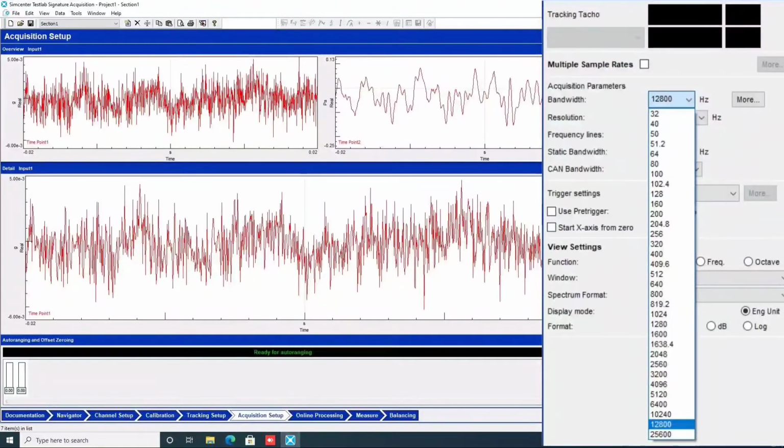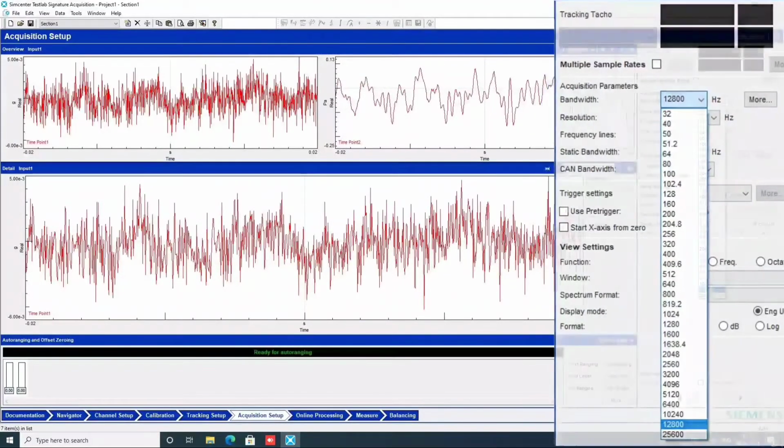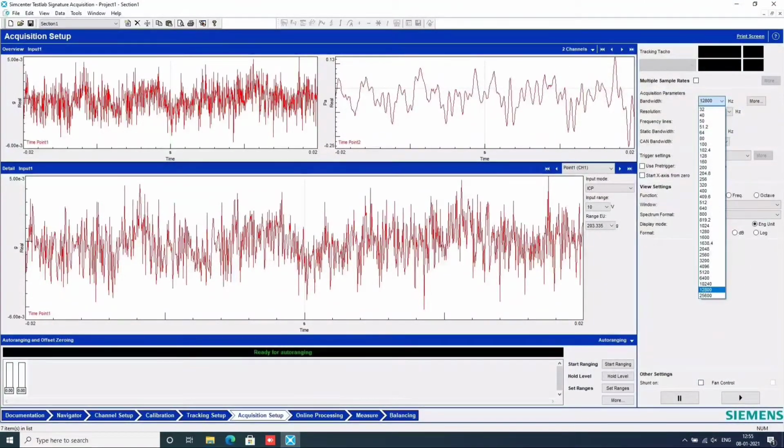The lowest frequency it shows is 32 Hertz, but you can scroll down going up to 25,000 Hertz. Depending on your application, whether bearing analysis or balancing or whatever you are trying to do, you choose the most suitable frequency bandwidth. And as you choose the bandwidth, the sampling frequency is set up automatically.